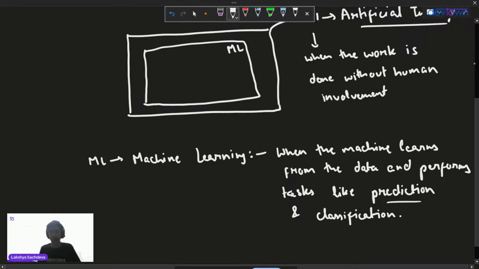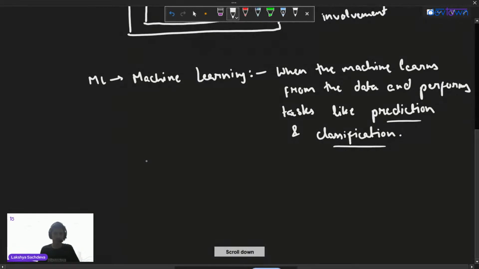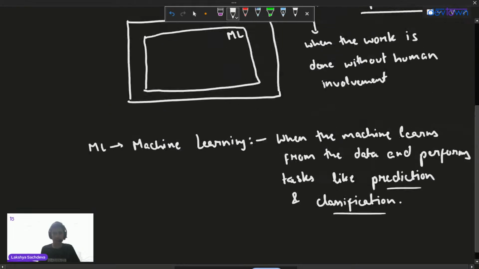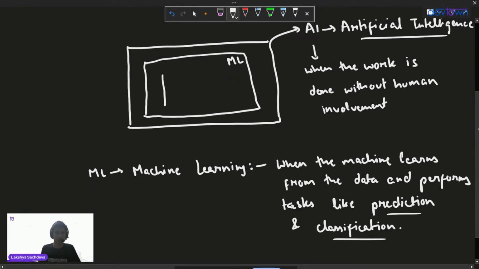Now, what is this prediction and classification? In a very basic term, when we are predicting something like the price of this particular house is 10 lakhs or 20 lakhs or any value, this is a kind of prediction. Classification is something like we are telling that this is an apple or this is a banana. This is a very basic definition. Because our main topic is not machine learning, I'm not going into that much detail. Then under machine learning, we have got the field